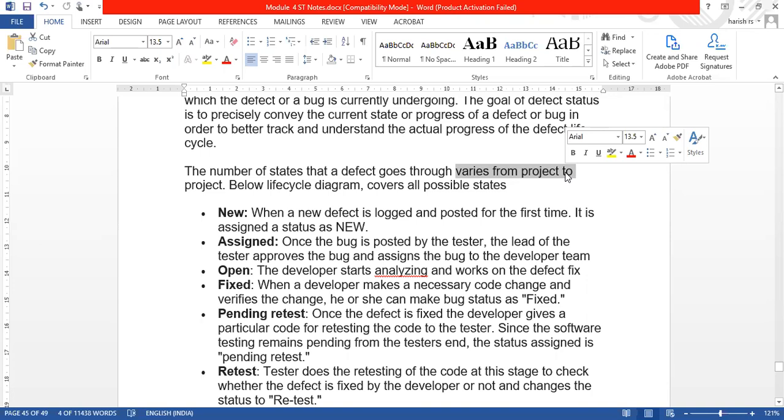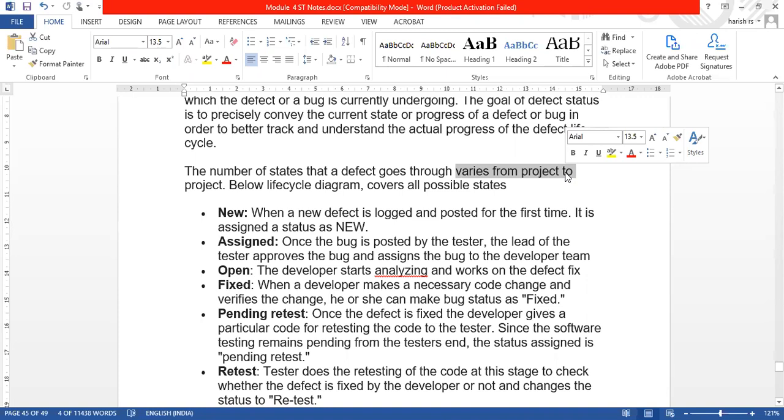What do you mean by assigned? The next status or state a defect can take is assigned. Once the bug has been posted, that means once a tester finds an error, the tester has to assign that to a particular team of builders who is building this project. He has to hand over that particular bug to that particular person. So assigning the bug to the developing team is called assigned. When the defect is told, yes, this is the defect, please team number 1 take over, then we say that it has been assigned.